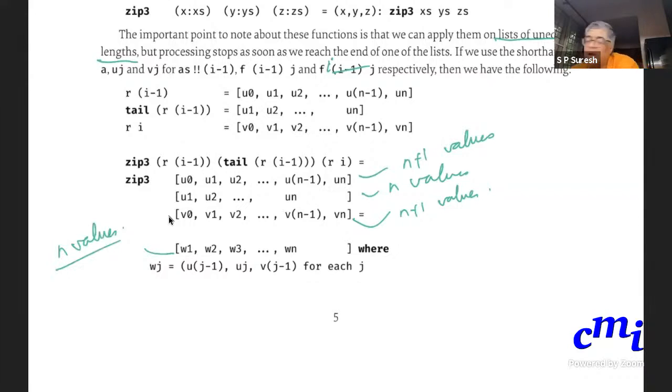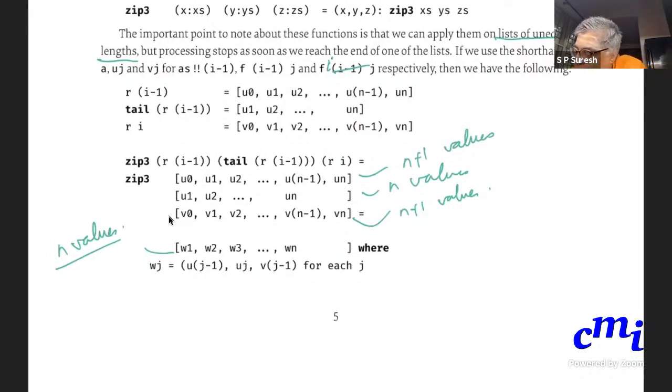I'm going to call the result, for the purposes of this picture, W1, W2, etc. zip3 will just take these three things and form corresponding triples. Each arbitrary Wj is something where you line up these things.